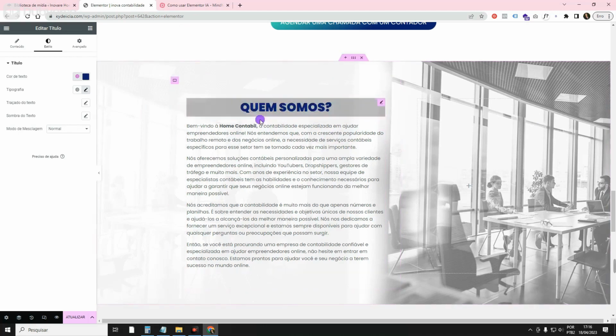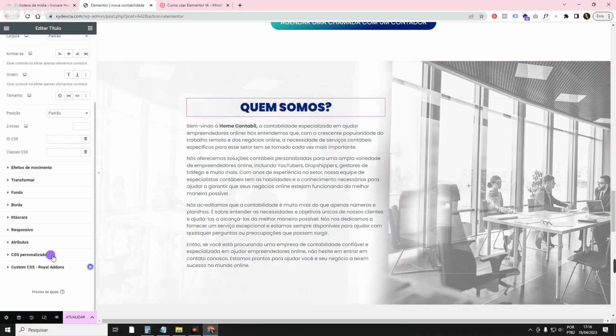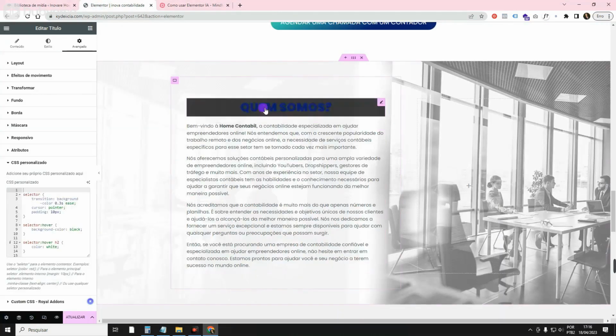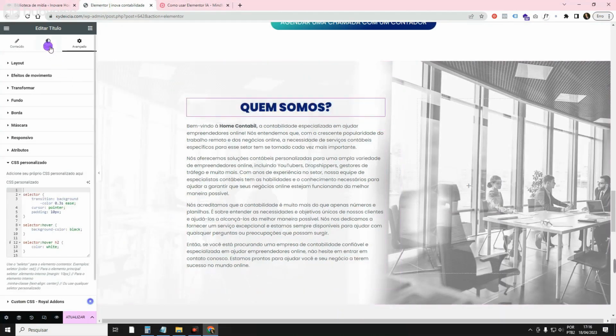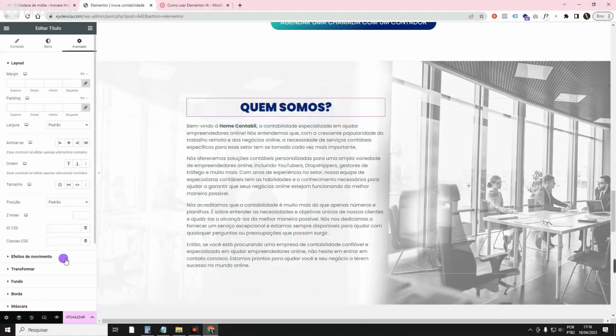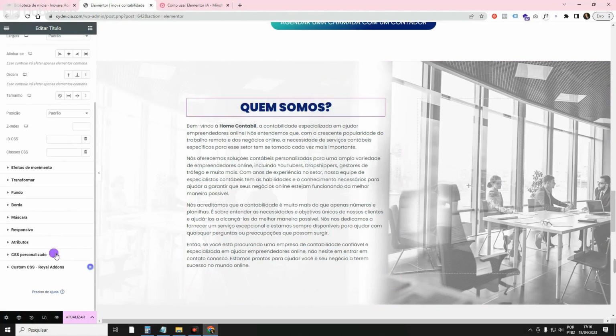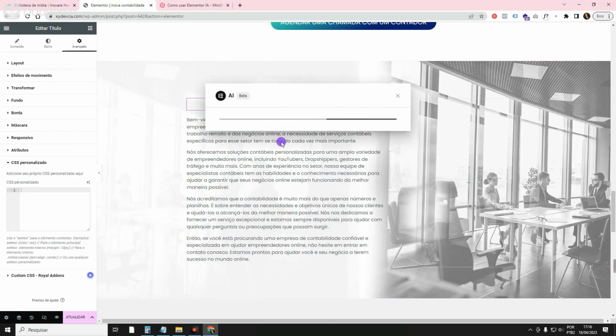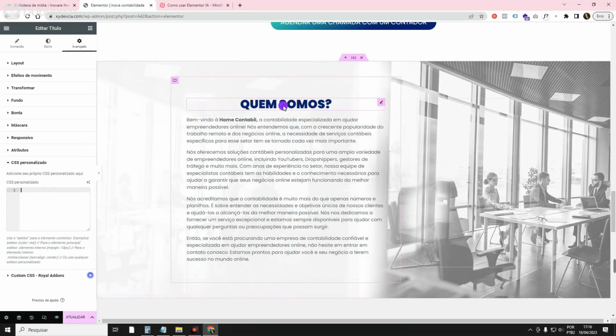So you can do several other things here. Sometimes he doesn't get everything. Let me see, the text white, he didn't get the white text transition because it was already white. So, sometimes if you want to do this, you have to leave it blue first and then come here and ask him to change the text to white when you pass the mouse, because as it was already white, he didn't let me change it. Then you just have to think carefully and adjust the commands so they come out the way you need.